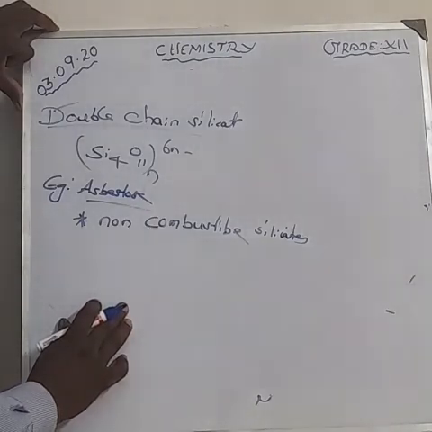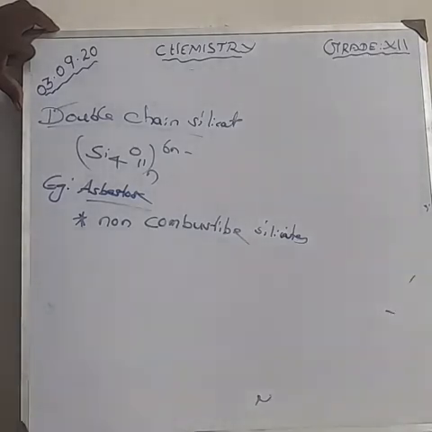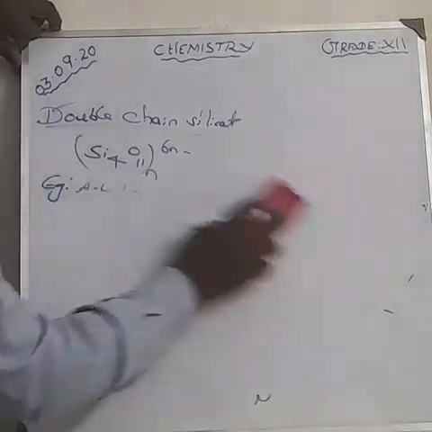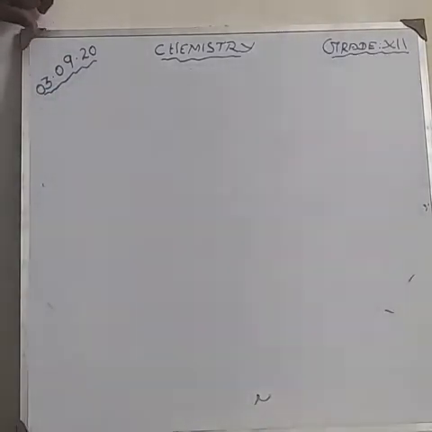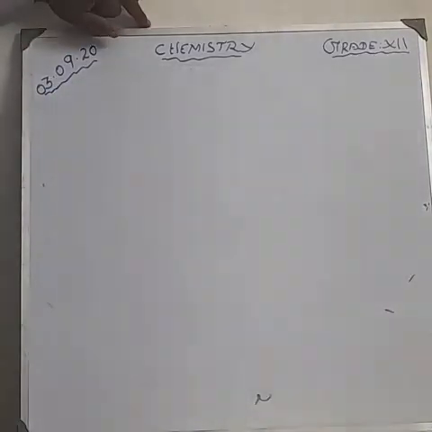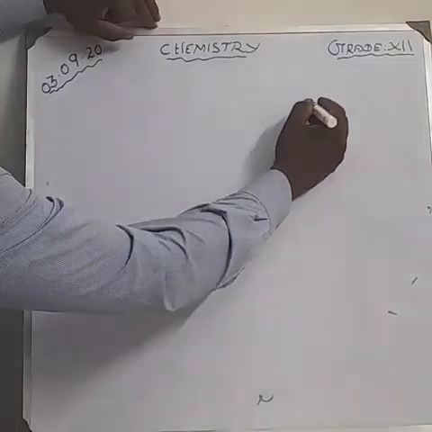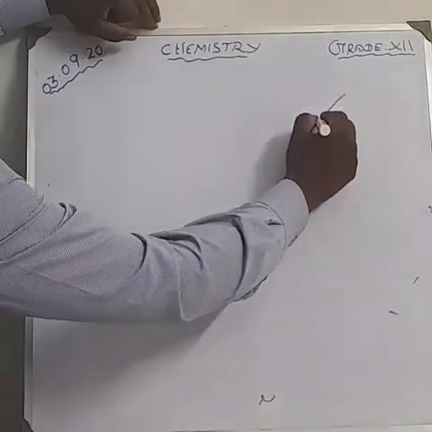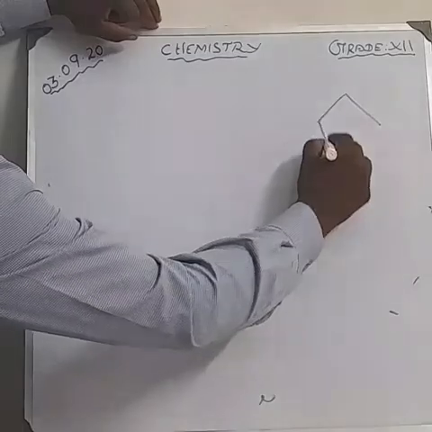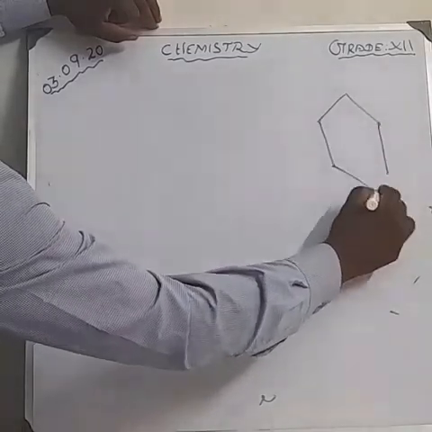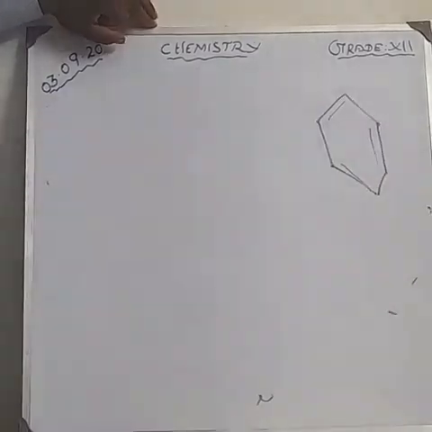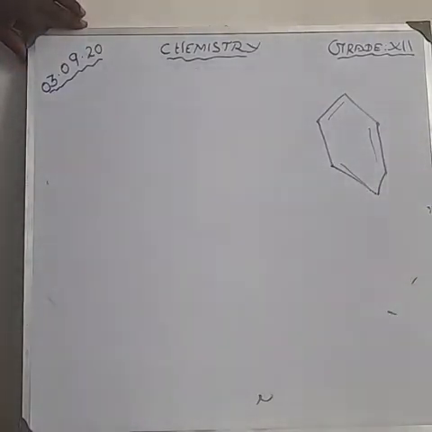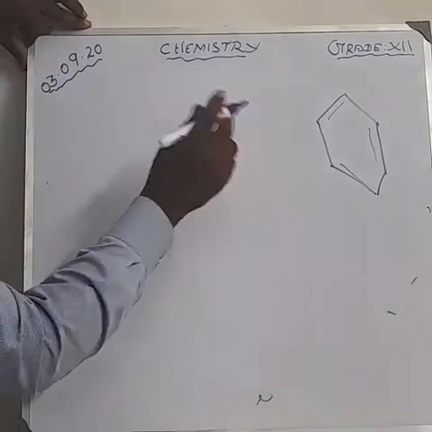These are about the double silicate and its structure. How can you draw the structure? Every structure is important, and what the unit is also important. All of you are able to draw the structure of benzene like this. Am I right? Here, you should draw like that, not like that.